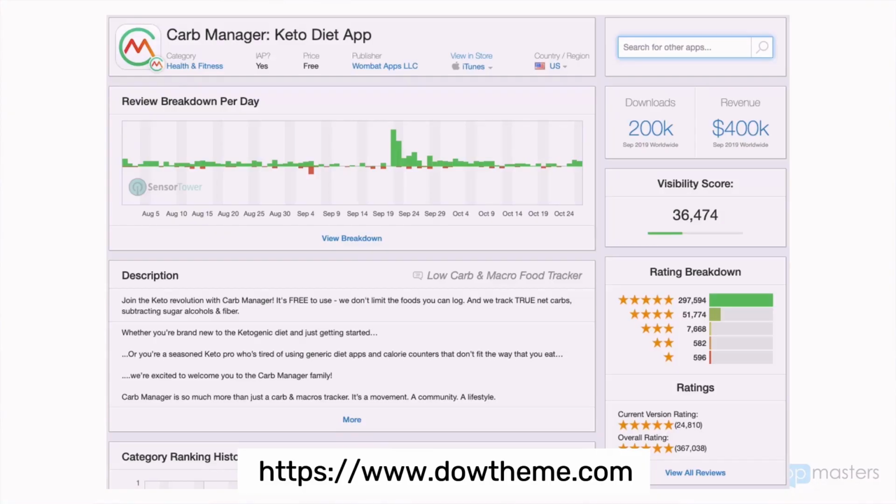Here's Carb Manager, the keto diet app. They're making $400,000 a month. And this was taken in September 2019. So you guys will get a sense of the date. I probably took this screenshot in October 2019 because Sensor Tower will have the month before those numbers. All right, so let's take a look at